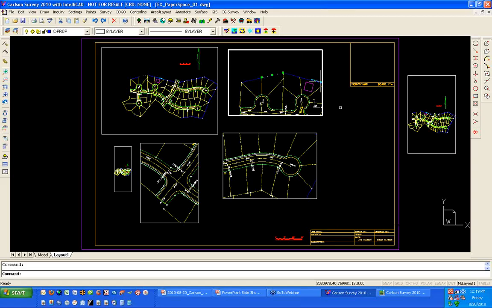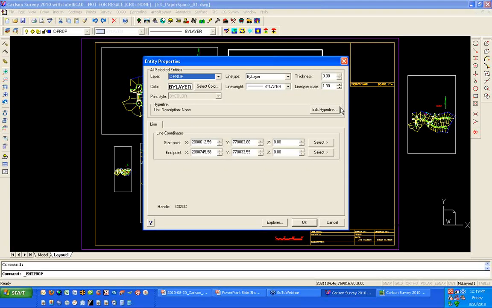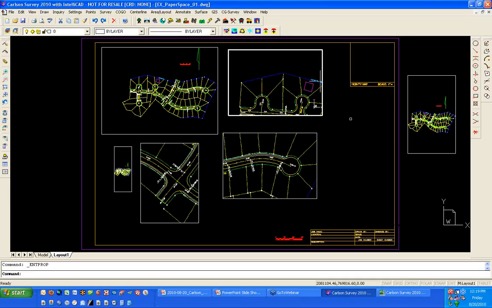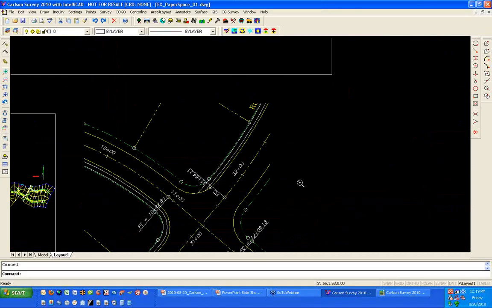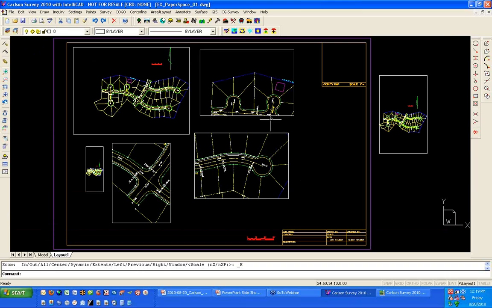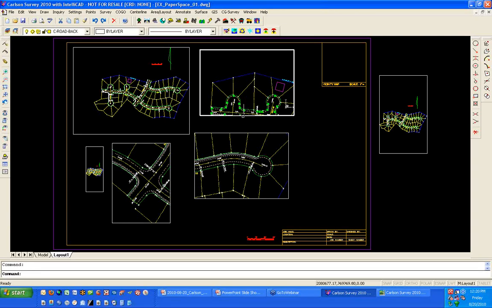If I need to select something, or I need to zoom out or in on my title block, I have to make paper space current again. So to make paper space current, I'll double-click outside. And now I can select my title block, or I can zoom in on the title block. And I can also, only from paper space, select the viewport. So if I double click inside that viewport, notice that I can't get to the properties of my viewport because